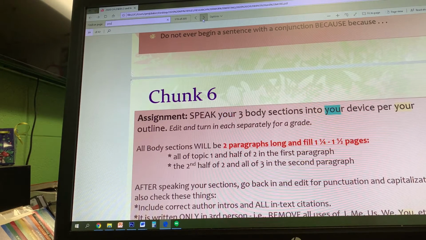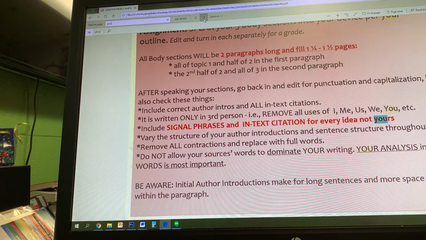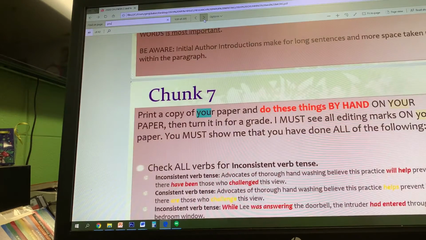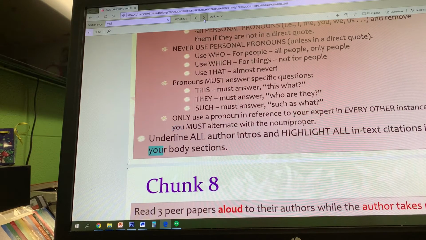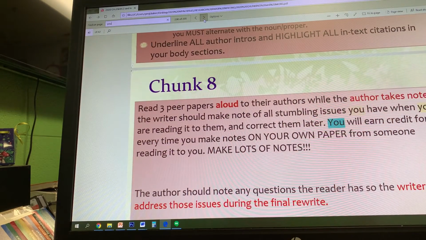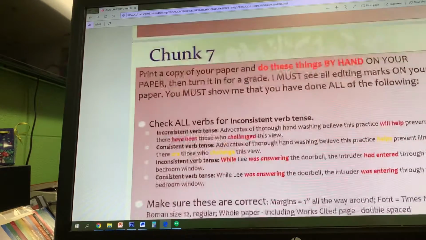So I'm going to go to the next one. Oh, there's another one. Oh, there's another one. And it will keep going as you're clicking it. It will keep noting each of your instances of the word you. Now certainly, I've used it because I'm referring to the student in the instructions for the paper. But this is a super easy way to find all of those instances that you need to find. Okay? When you're done, you can just exit out. All right, so now we're going to go back up